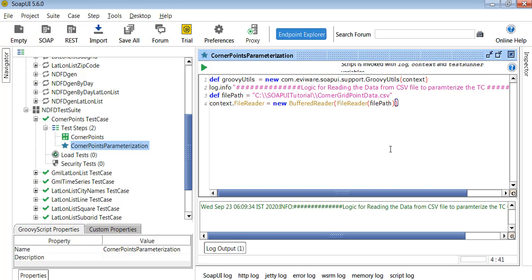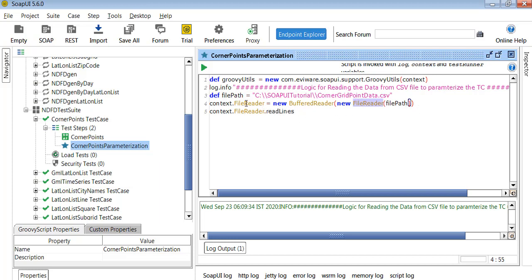And one more thing here, we have to encapsulate the object of the file reader class also. So this file reader class, we are creating an object and we are passing the path of the file, and also this object we are going to pass as a parameter while creating an object of the buffer reader class. Now let's try to read the number of lines available in the CSV file, right? Next step, because we know the file location, now we have to read the file.